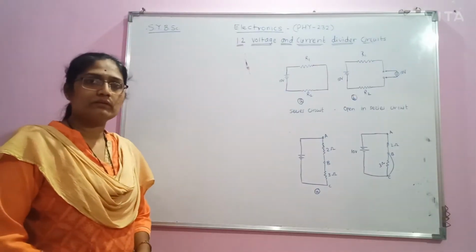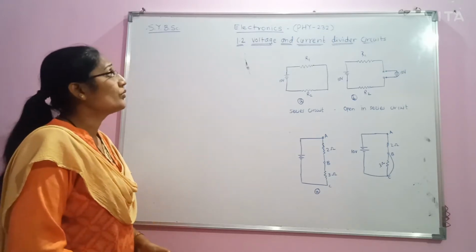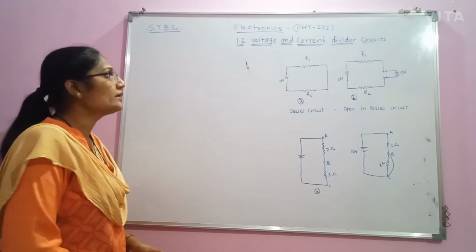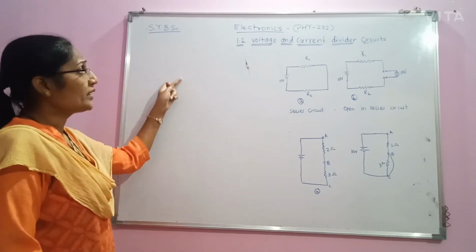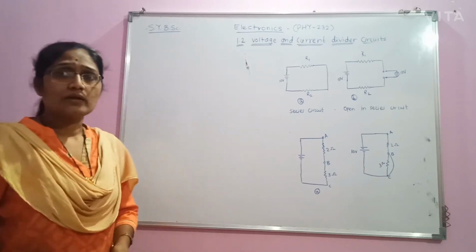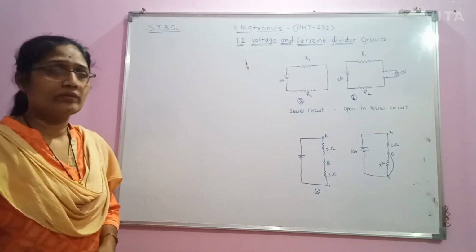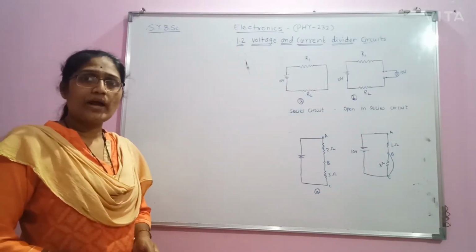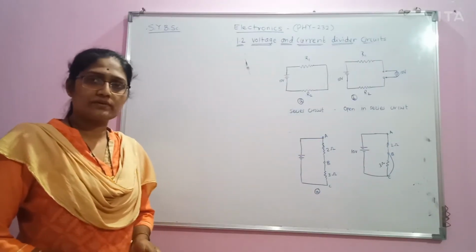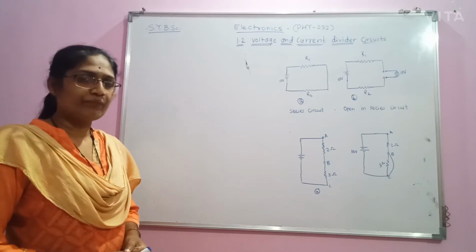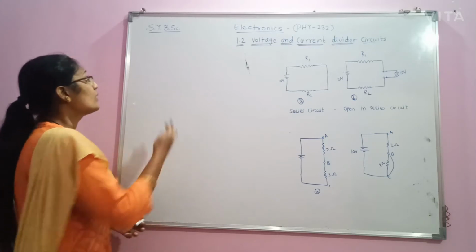In our last lecture we have seen what a voltage divider circuit is in the case of a series circuit. The remaining part of the voltage divider circuit is what will happen if that series circuit of the voltage divider is open, and what will happen if that voltage divider circuit is shorted. These two conditions we have to study, and we will start with